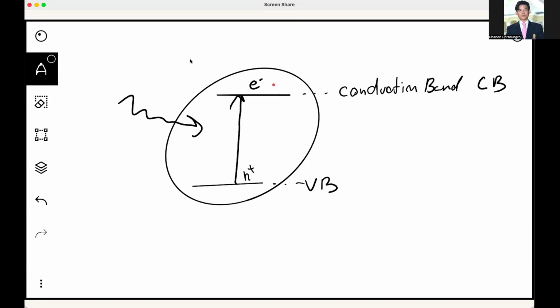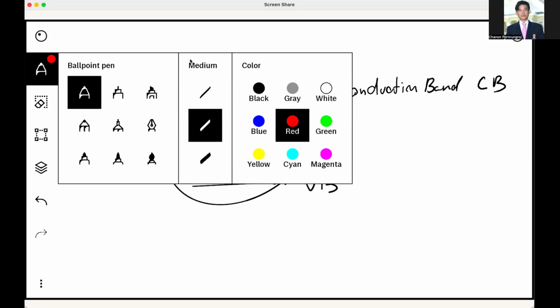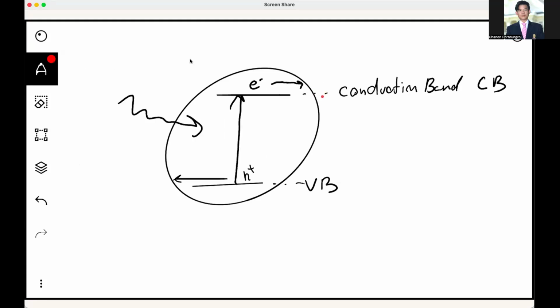The electron is then transported to the surface of the catalyst, and also the hole is transported to the surface of the catalyst. And you have another thing called the co-catalyst, right? You have the co-catalyst. The co-catalyst helps to accept those electrons and then speeds up the reaction, right? So you have this co-catalyst, and then that co-catalyst then helps converting